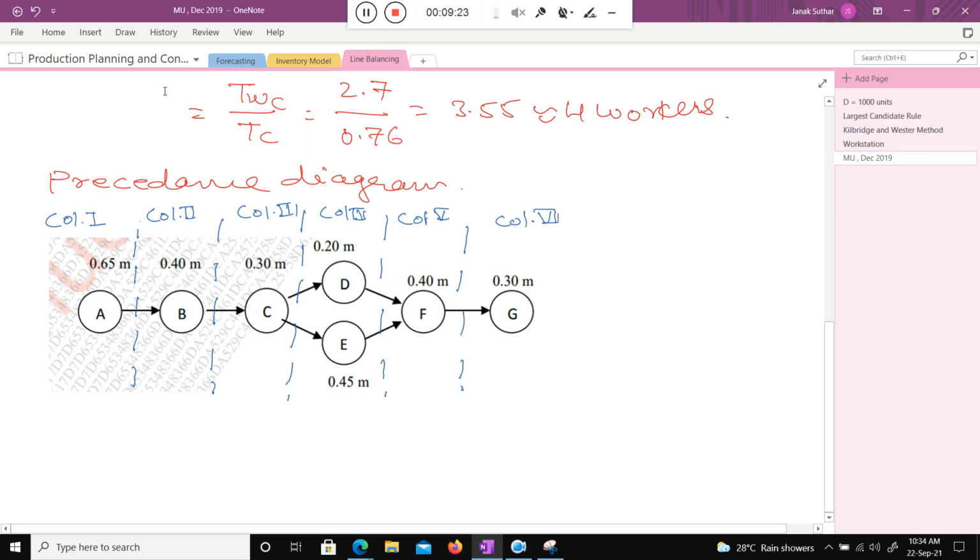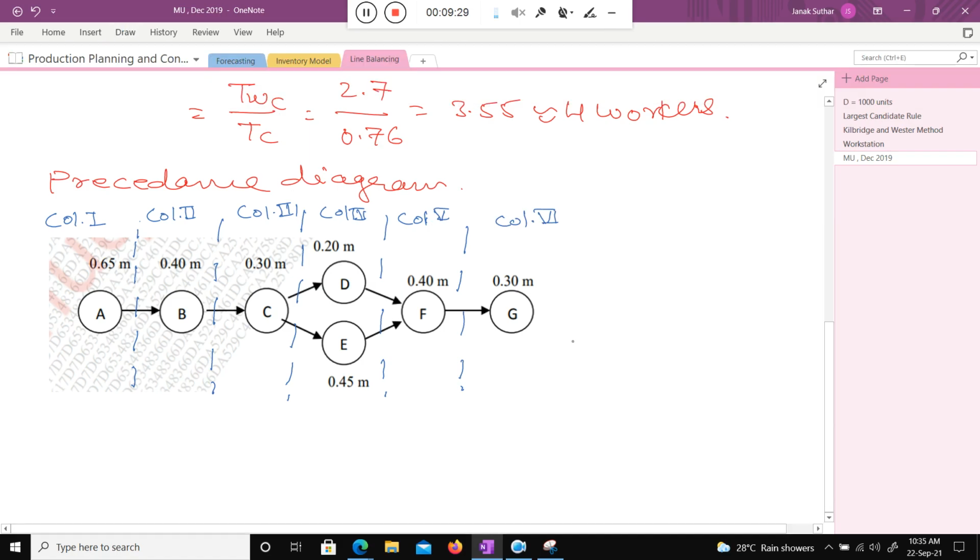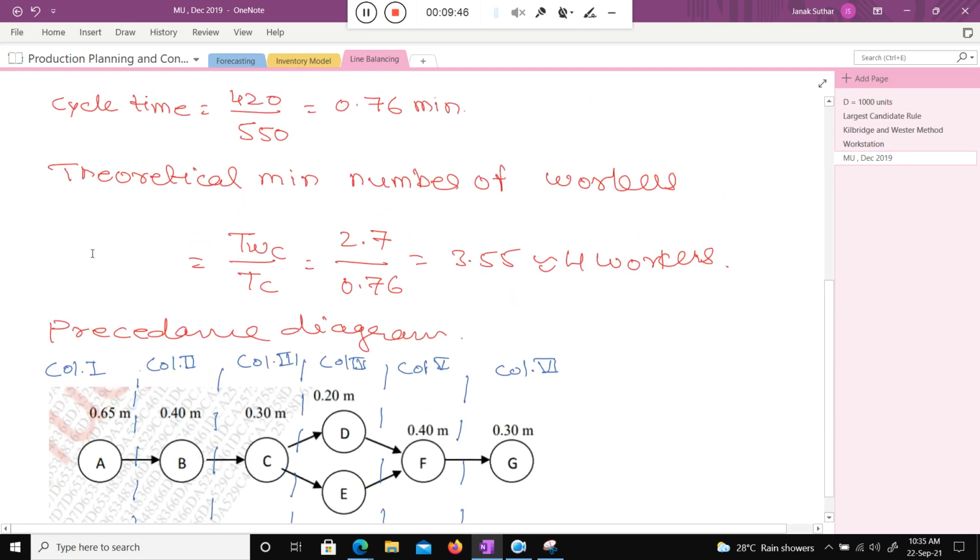Okay, now you need to take care of your cycle time when you allocate the workstation. So now I start the allocation part. How will you allocate? First I will consider column 1. Column 1 element is A, and the time is 0.65. What is the cycle time? Just wait, 0.76.